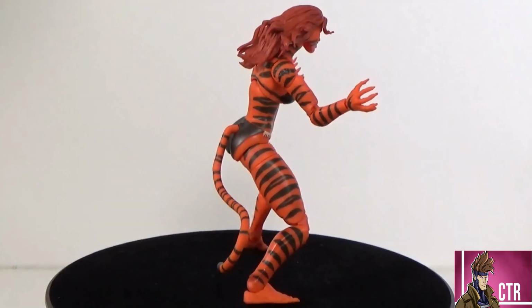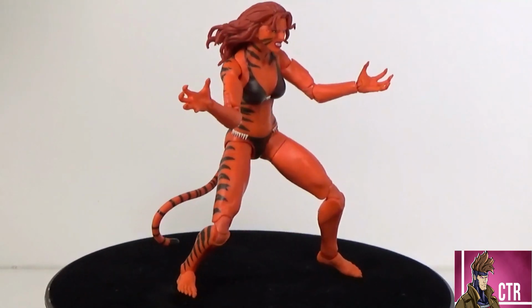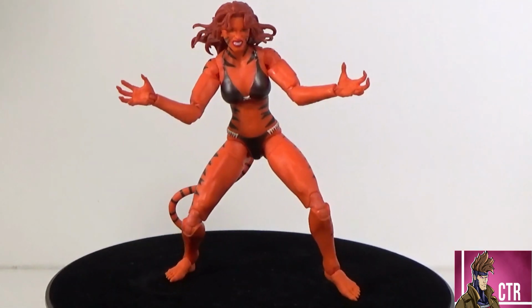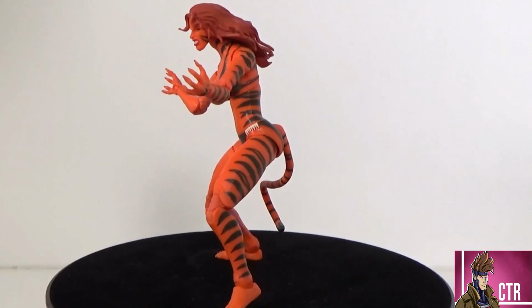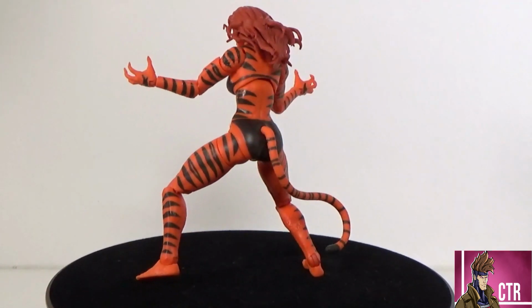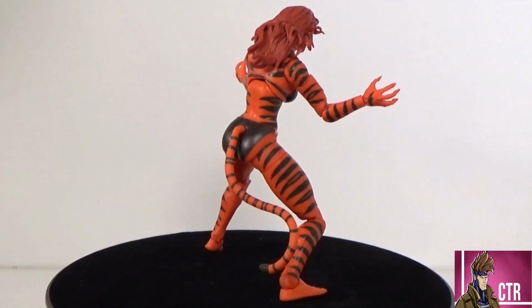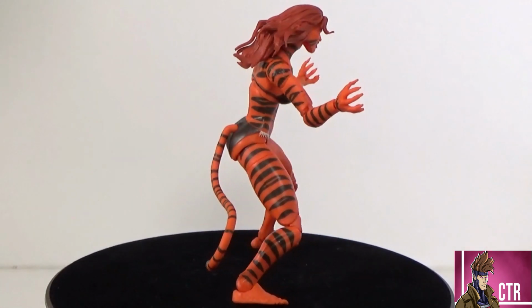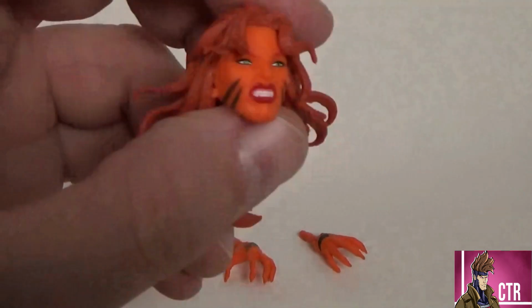And here we have our Tigra. And man, she looks awesome. There's little details in here that I didn't even know looking at the pre-order and the pictures online, like the little fur details and stuff like that. That just blows me away. This figure is awesome. I'm loving the female new body. So let's look at what she comes with as for hands and head, and then we'll look at the figure herself. So Tigra comes with an extra head, which is this angry